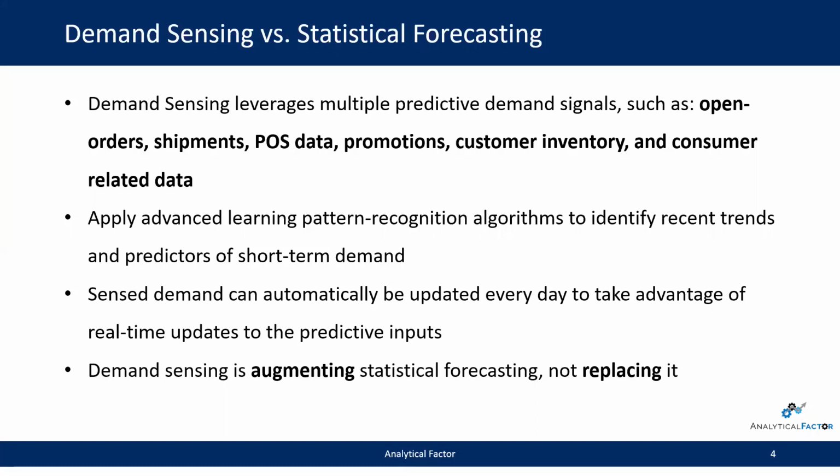Demand sensing, unlike classic demand planning processes, could also run more frequently. You could run it every day, bringing in additional data, new signals from the field, because you're focusing on short-term demand. So let's say you are a movie company and you release a movie on Tuesday. For folks wondering why movies and video games often get released on Tuesdays,